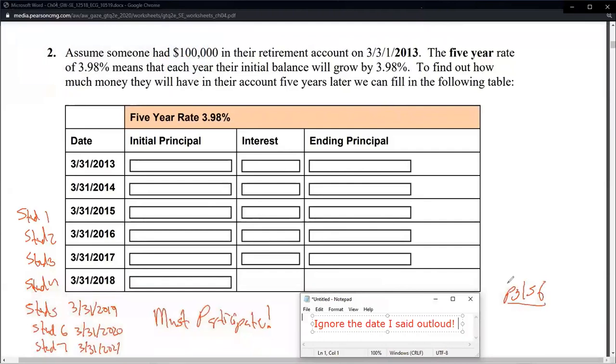All right, so like I said, I'm going to do the first 2 to show you how this works, to give you a start, a push in the right direction. And then, again, student 1 comes in and does 2015, student 2 comes in and does 2016. If for some reason 2 of you are working on the same thing at the exact same time and both post 2015, that's not the end of the world. It would be cool if one of you noticed that and then comes in and does 2016,